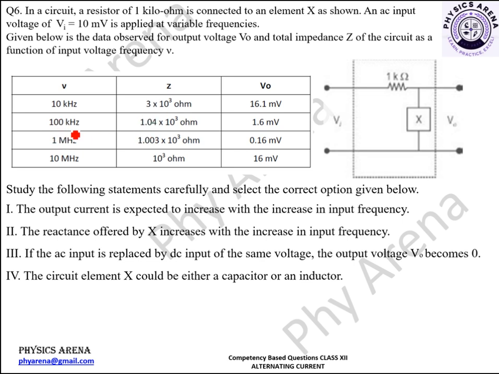Again, when we further increase the frequency nu, the impedance further decreases. And at 10 megahertz frequency, the impedance has come out to be 10 to the power 3 ohm, that is equal to R. So we can say that this is the resonant frequency, because we know that at resonant frequency,